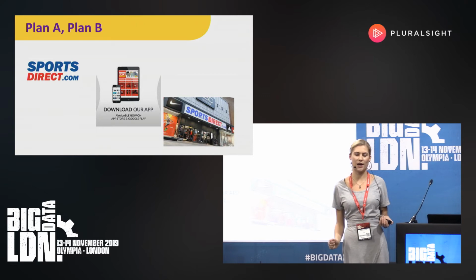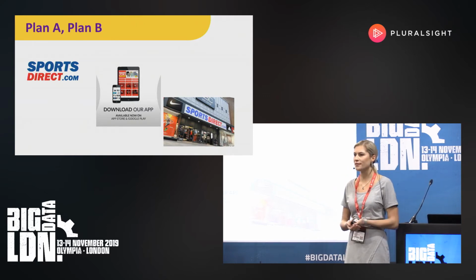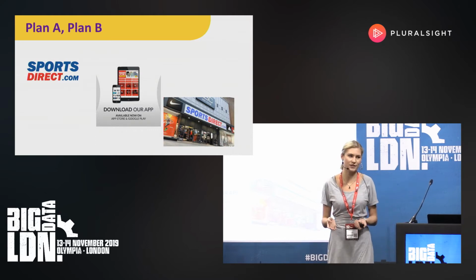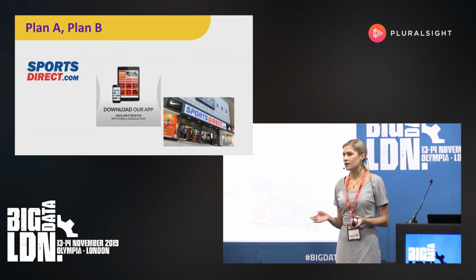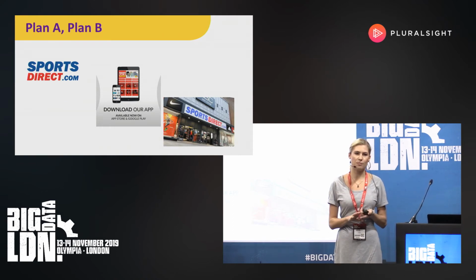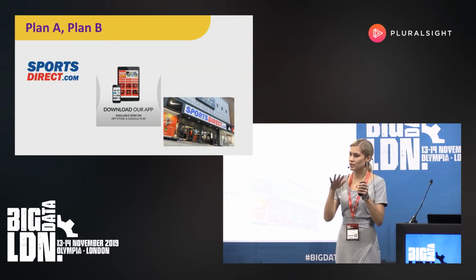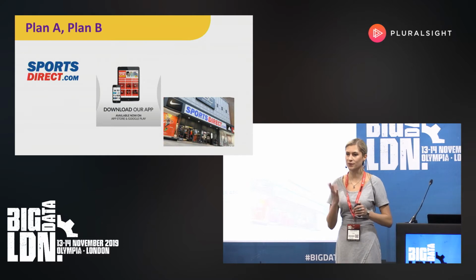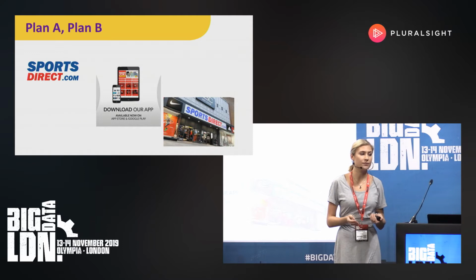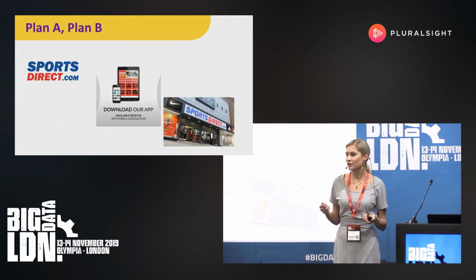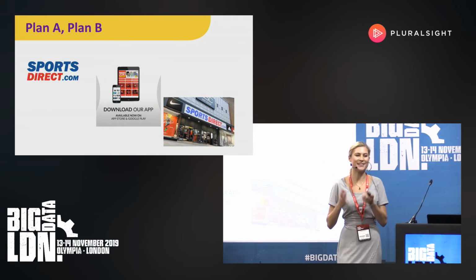So he downloads the app and goes to purchase his product through the app. That's not accessible either. And he's like, oh, it's really annoying, I'm going to have to go into the store. So he heads into the store and says, I've tried to buy something on the website and on your app, but I can't use it with my screen reader, which is a piece of software that you would use when you're visually impaired to read a website or an app or things on your phone. And they turned around to him and said, that's out of stock, but you can get it through the app. And he was like, but I can't use the app and I can't use the website.